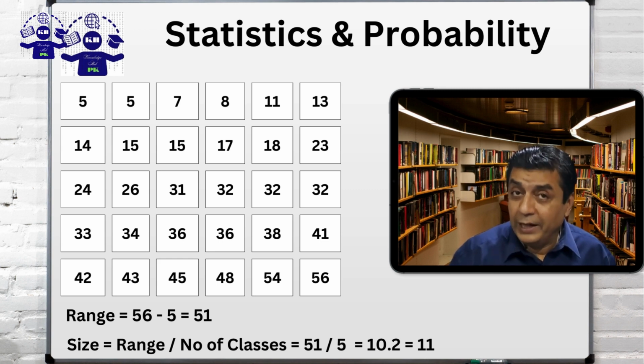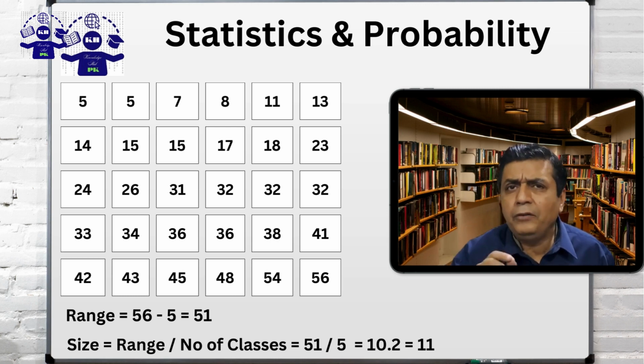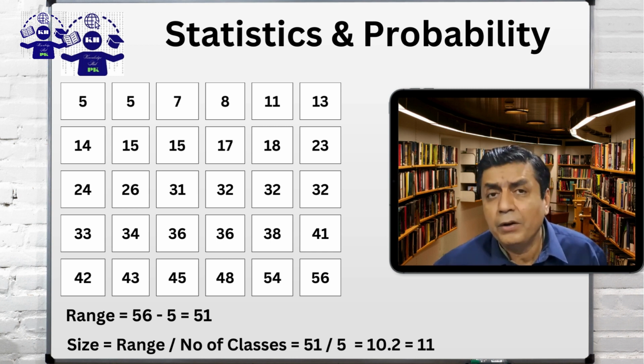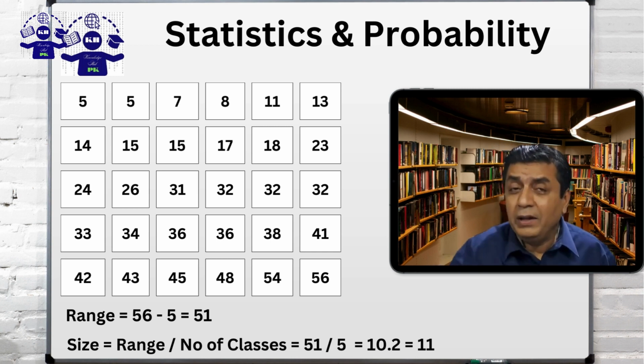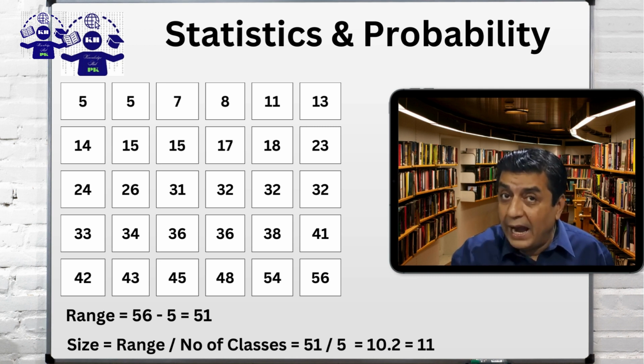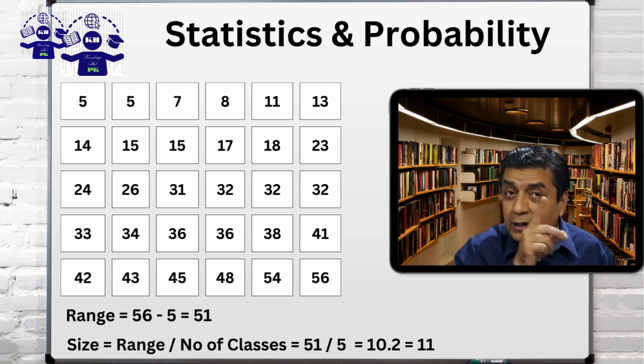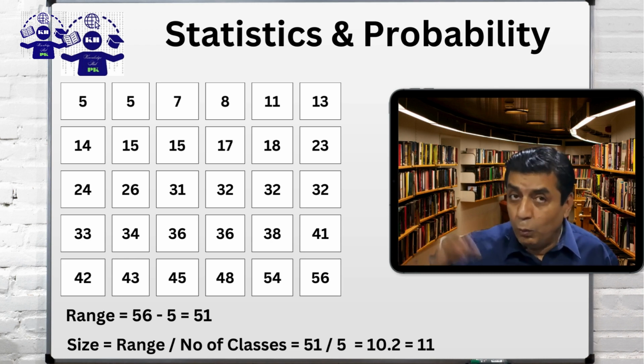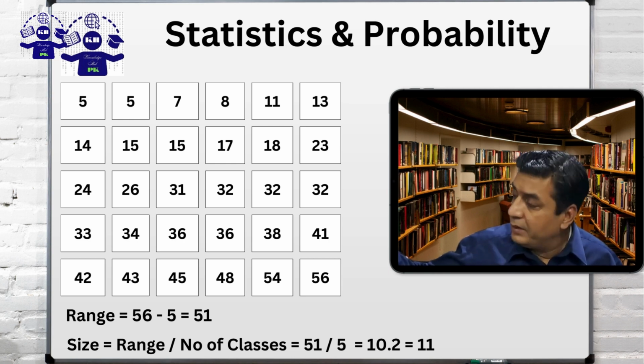We are going to develop 5 class intervals as we are interested in 5 classes. We will start from the lowest value, and the lowest value in our dataset is 5. Now we will start counting from 5. We are not going to add 11 to 5. Rather than that, we will start counting from 5 to the 11th value, which comes to be 5, 6,